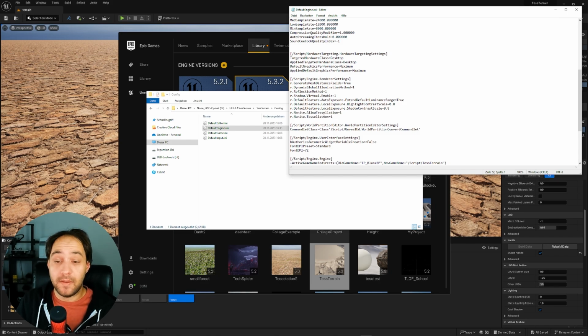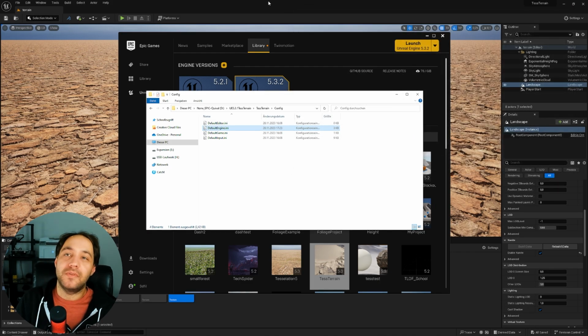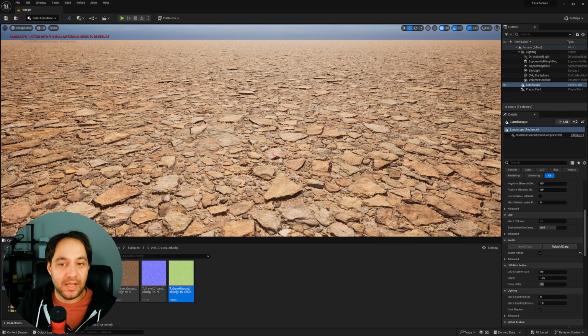If you want to type them, make sure tessellation has a double S and a double L. I forgot one L and nothing was working, so make sure to spell it the right way. After that you just save it, restart Unreal Engine. Sometimes you need to restart the Epic Games Launcher too, and after that we can hop into Unreal and create